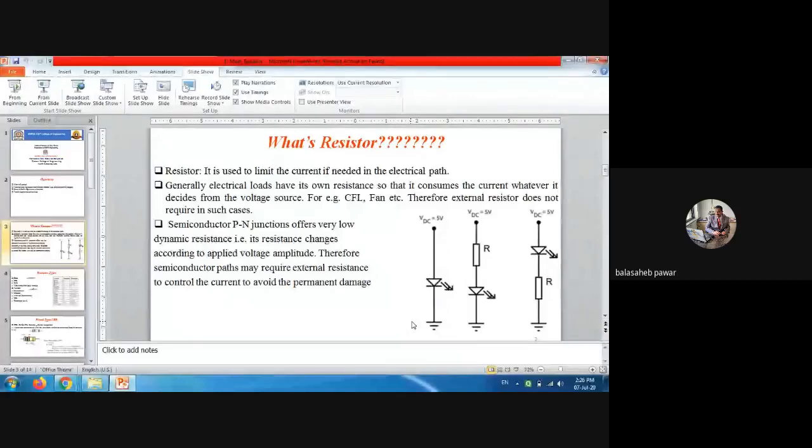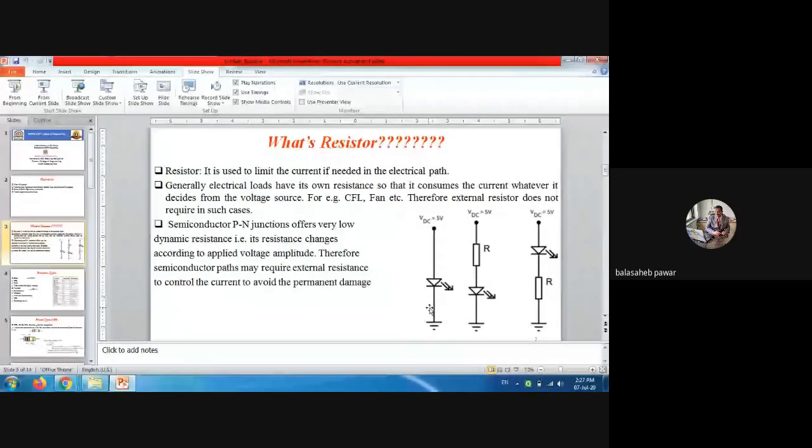Is it correct? Yes. DC supply, we consider that DC supply as 6 volt and we replace this LED with its on resistance, that is the resistance offered by this device whenever it gets turned on. It is 6 ohm. Okay. So simply how much will be the current through this path? Current is equal to V by R. V is the applied voltage that we consider as 6 volt, divided by the resistance, we consider it as 6 ohm. So here the current will be equal to 1 ampere.